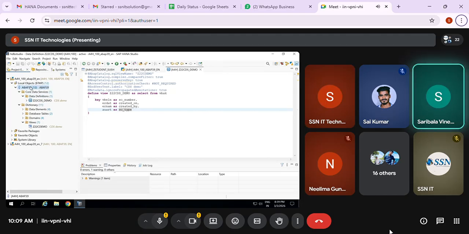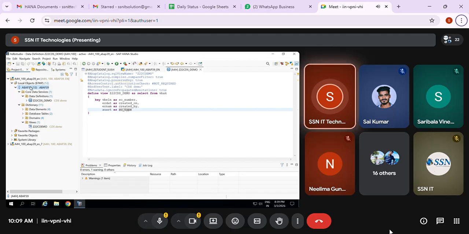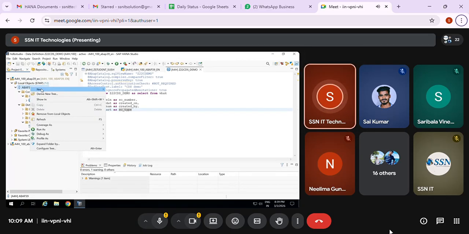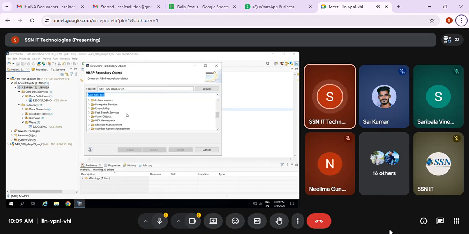Yes, ma'am. In the last class, I opened the GUI, went to SE38 and created a program. Like that also you can create, or you can choose ABAP, new, other repository object. Here I'm going to choose the source code library.